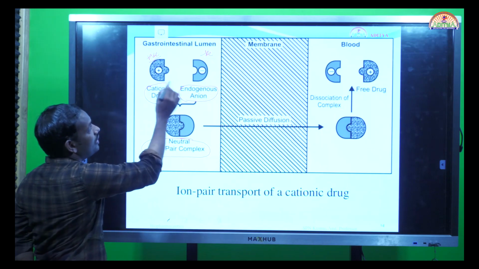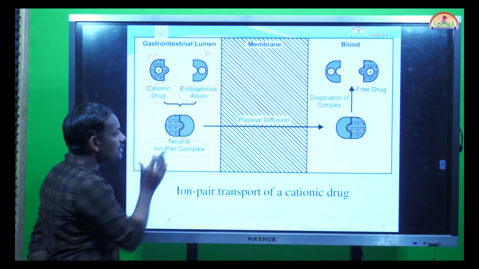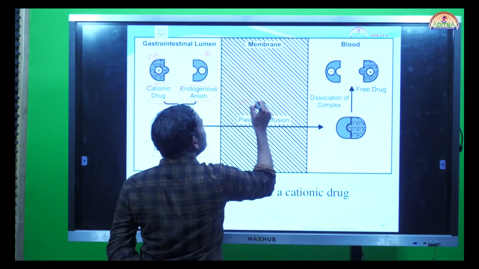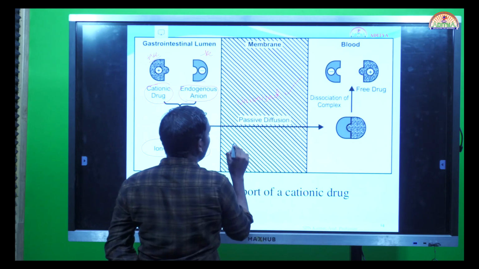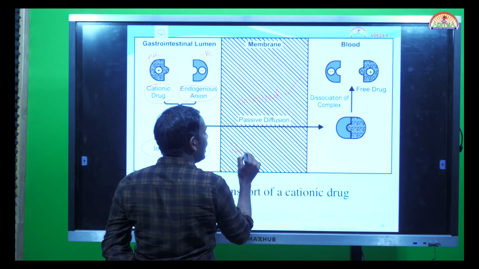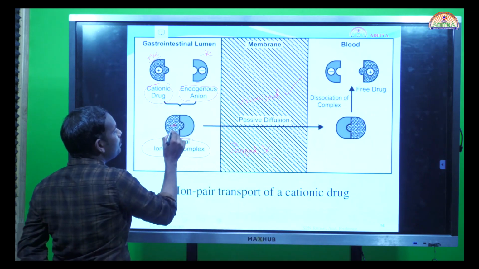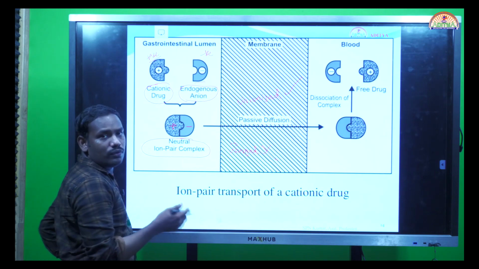There is a cation and an anion forming an ion pair complex. Remember only one thing: only unionized drug will be absorbed, whereas ionized drugs are not absorbed. Here, since both plus and minus got neutralized with each other, we have